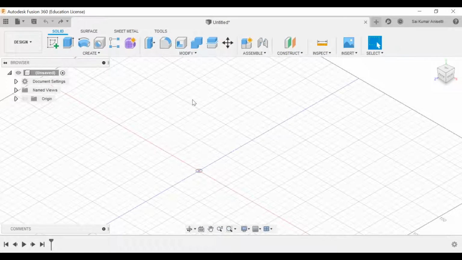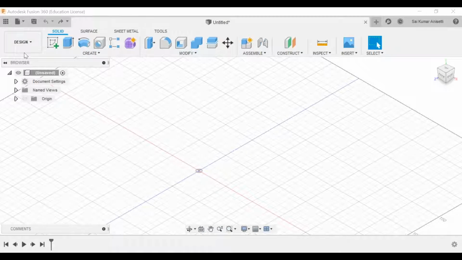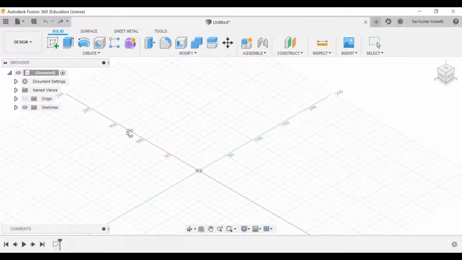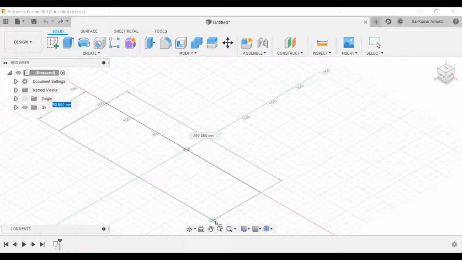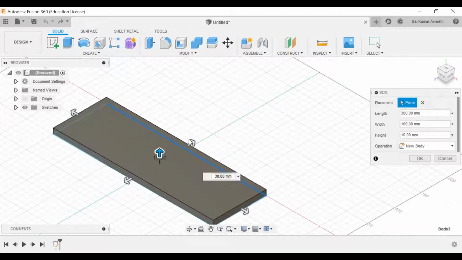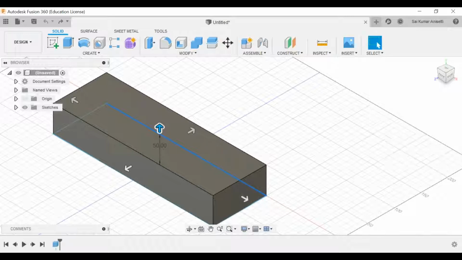Now we will see what types of joints there are in Fusion 360. It is saying that there are no components. Let me quickly do a simple box. Let me take this plane and go with 150 by 300, and 100. I'll go with 100 by 300, and for thickness I'll go with around 50 mm. No, I'll go with 40. That's more than enough for me.